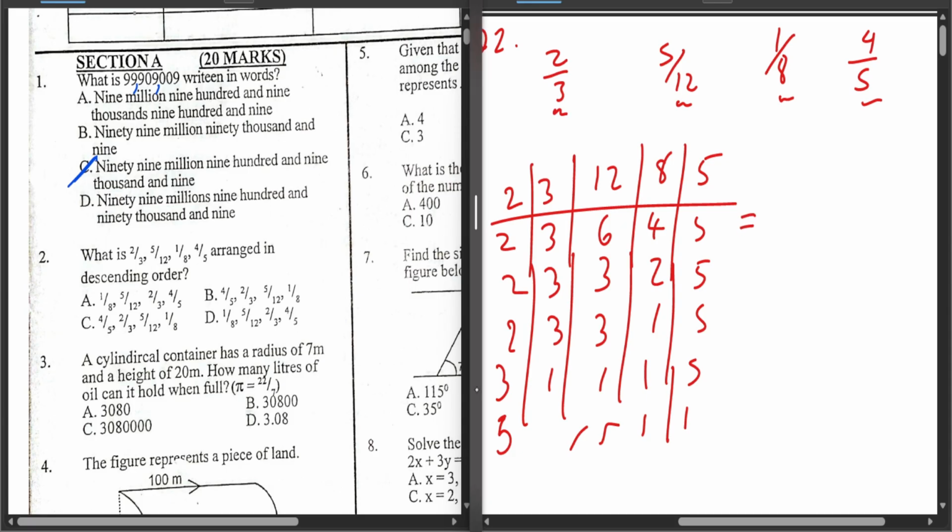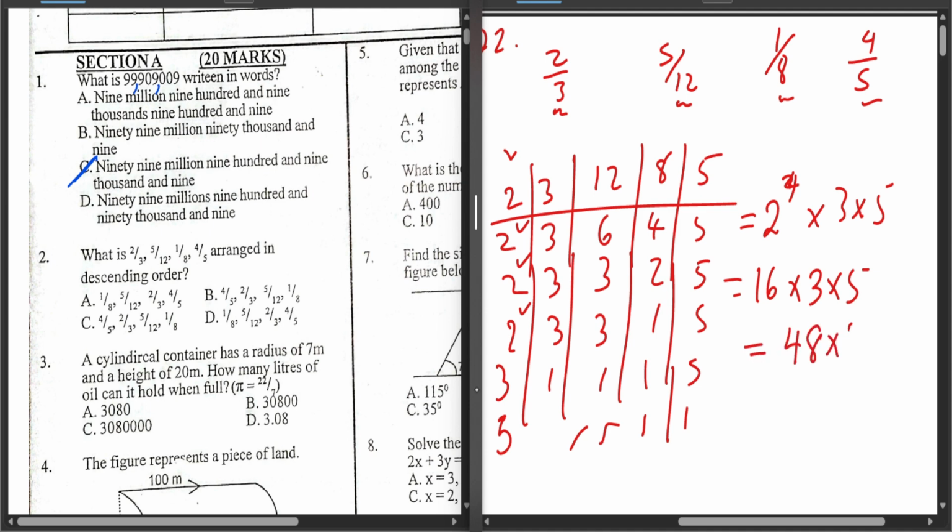So your LCM is supposed to be 2 power 4, so 2 times 2 times 2 times 2, then times 3 times 5. Now 2 times 2 is 4, 4 times 2 is 8, 8 times 2 is 16, times 3 times 5. Now 16 times 3 is 48, 48 times 5 is giving you 240. Okay, so at the end of the day